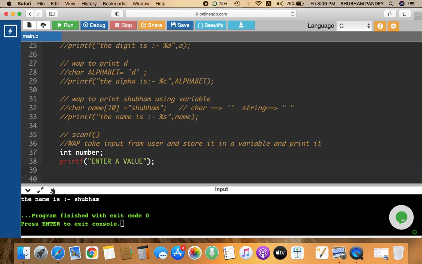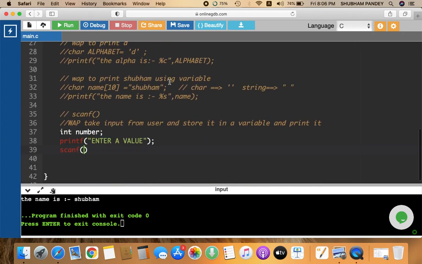Now see here, scanf. Here I am going to use a scanf function, and in scanf, what kind of value do I want to take in this variable? Integer type. For integer type, which symbol do we use? We use the %d symbol.